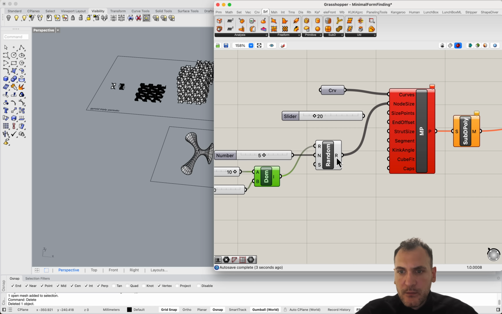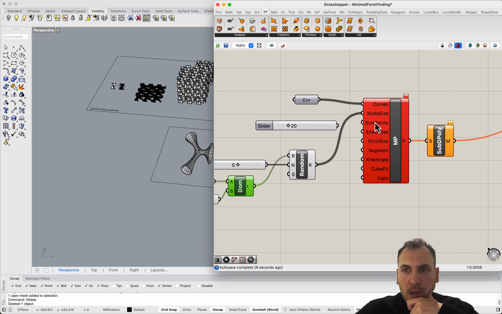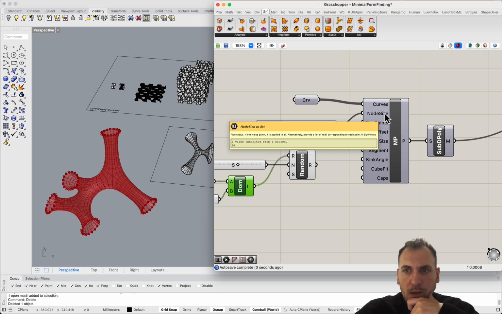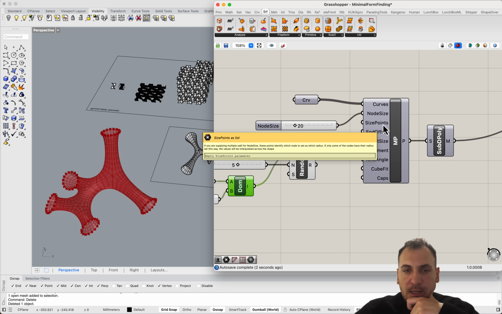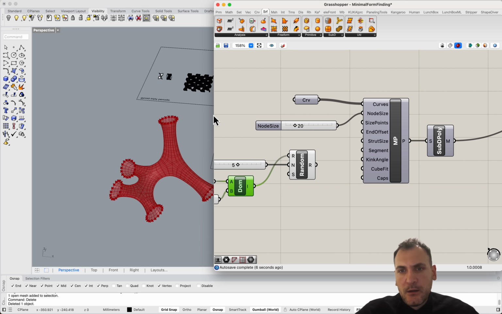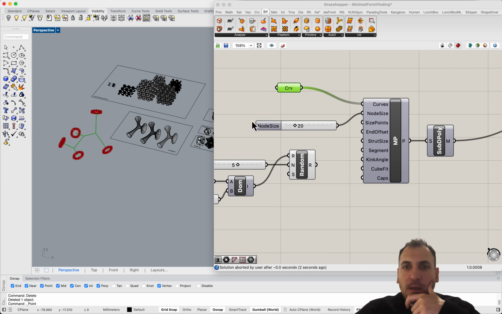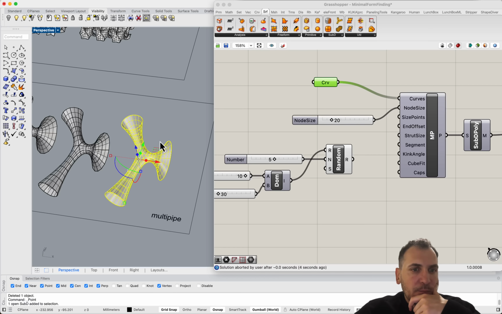What happened? So this is node size. That should be okay. Size points. I guess we need size points, which would be the endpoints of these. So do I need to supply this? Well, anyway, so